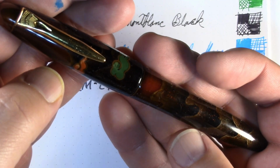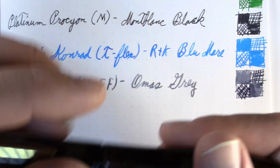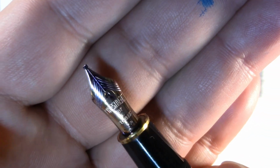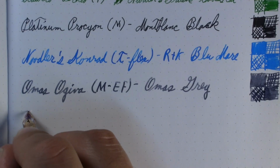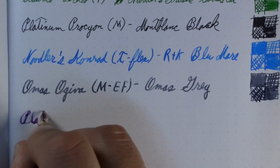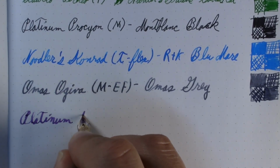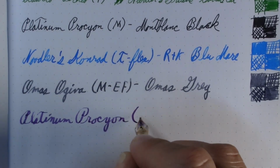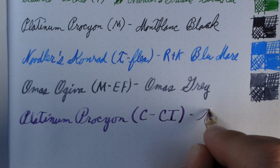This is a Platinum Izumo. This is a pen you bought me with the channel income. I had Dan Smith, the Nib Smith, grind it to a cursive italic. That was a double broad nib, which Platinum calls a coarse. It's also almost empty, so if it struggles with writing, that would be why. So this is a Platinum Procyon, a coarse with a cursive italic. And the ink in it is Krishna,